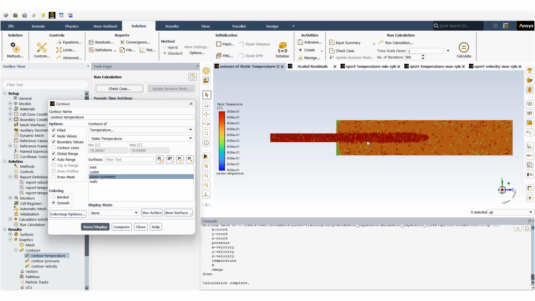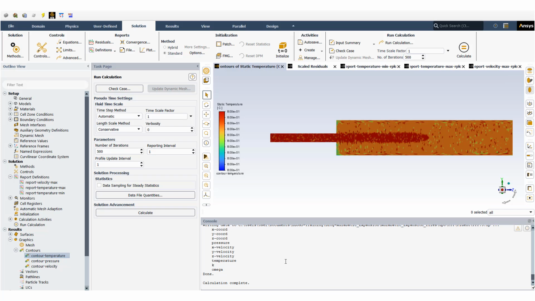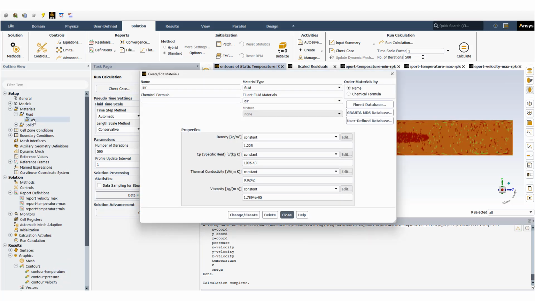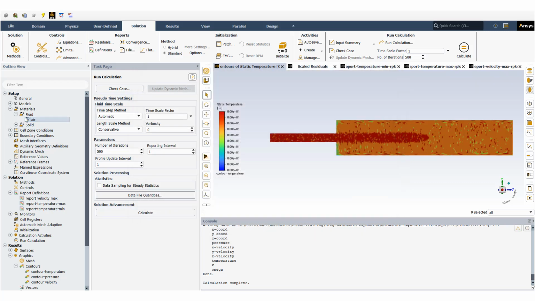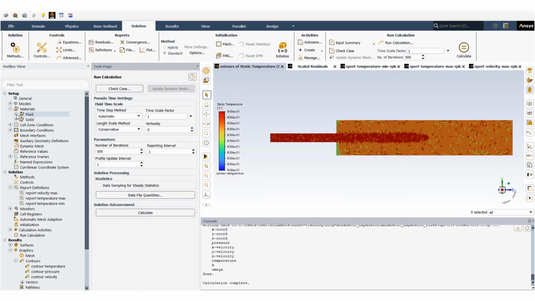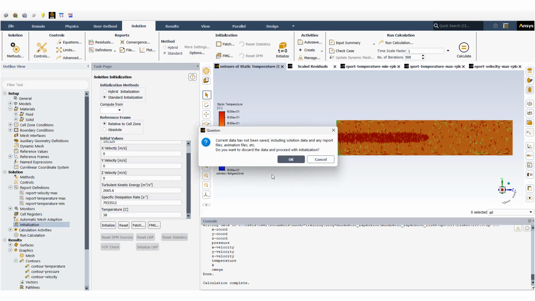You can see that we're getting these weird temperature results. So it is back to the material modeling. Let's change it from constant properties to ideal gas and see what happens. So again, we have ideal gas for the material. Let's again initialize the model, the problem,